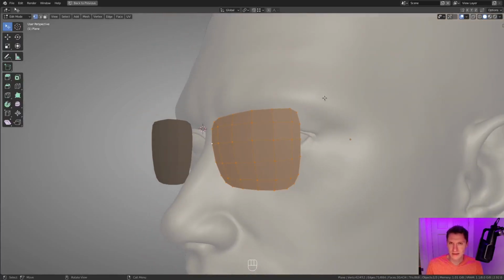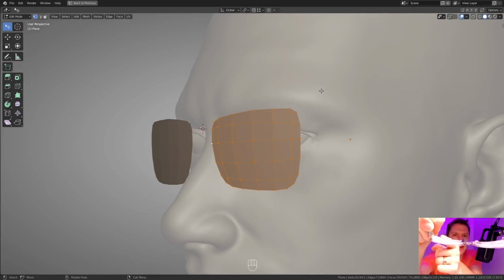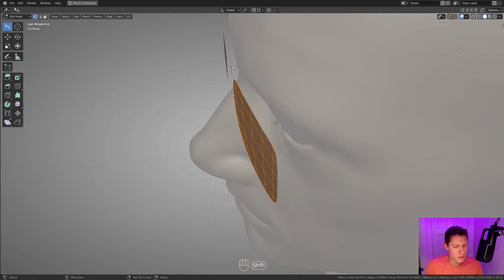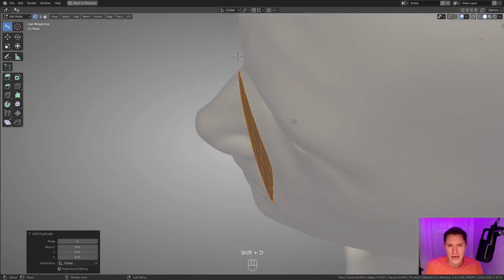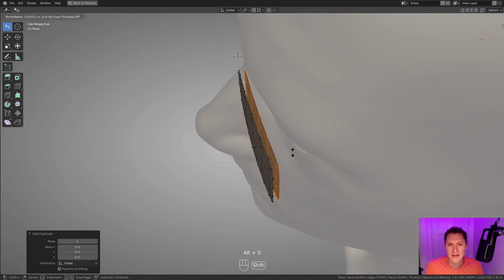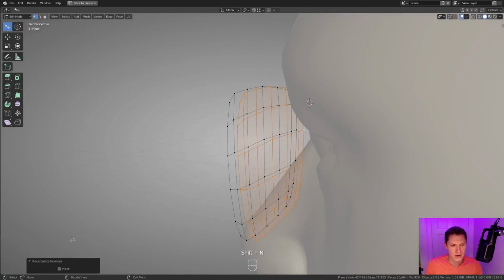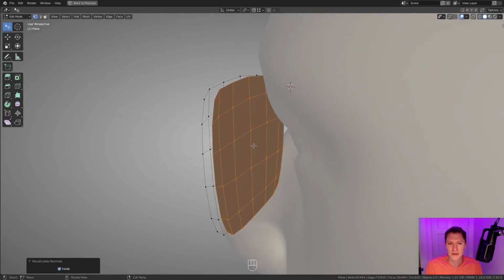So we've got the front side of the lens, but now for the back side, I don't know if you'll be able to tell this, but hopefully you can see that the outside is a little bit thicker than the inside, and it's also more extremely curved. I think that's where we get the magnification effect of glasses. So to achieve this, I'm going to duplicate rather than extrude, Alt-S and push in to get the general thickness, though it doesn't really matter at this point. Shift-N and click inside to reverse the direction.